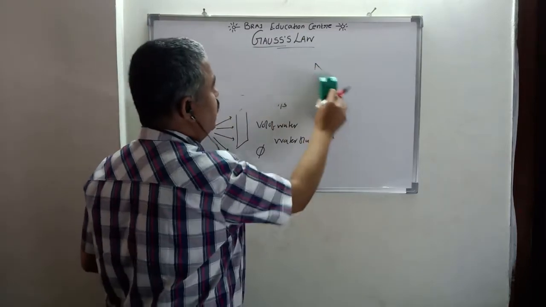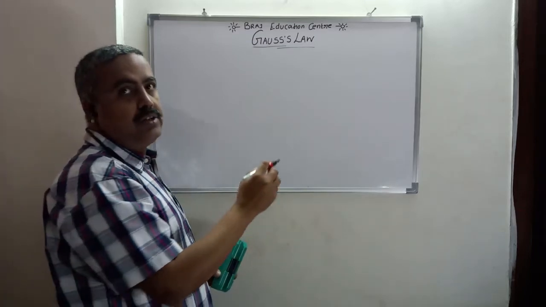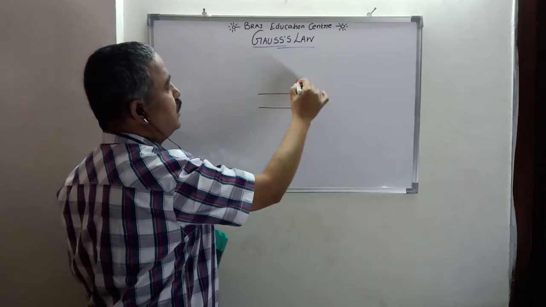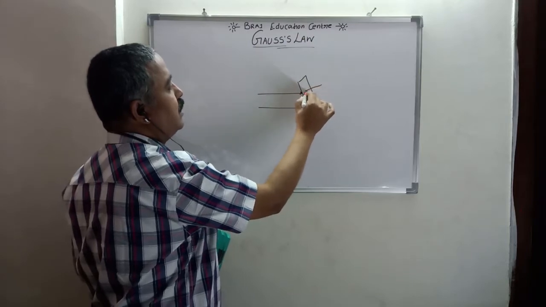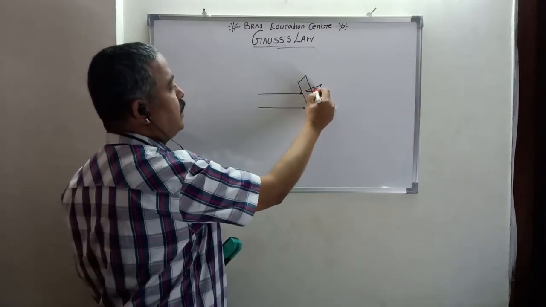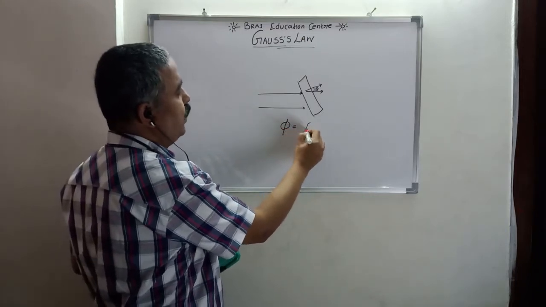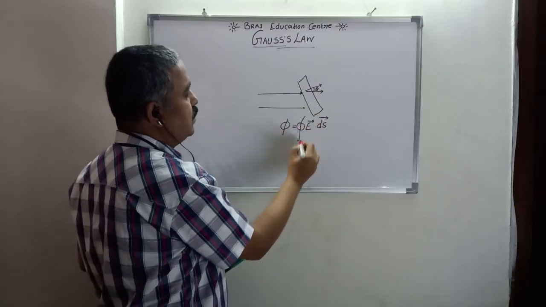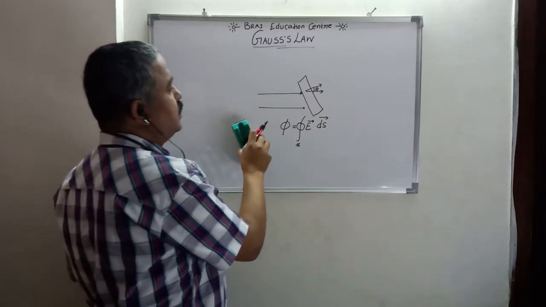We can have a situation where the given surface is actually inclined at an angle to the electric field. So this is the electric field, and the surface is inclined at an angle of theta with this electric field. This is the area vector for the surface, and this is the direction of electric field with the angle being theta. In that case, we define flux as vector E dot vector ds. It's a dot product which we integrate for the whole surface. This is a surface integral over the whole surface. So this is about electric flux.